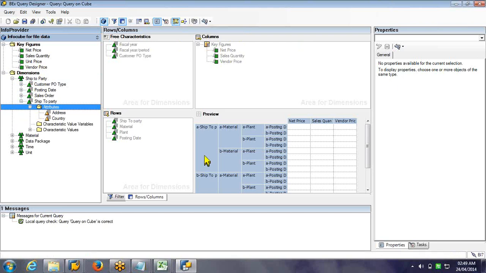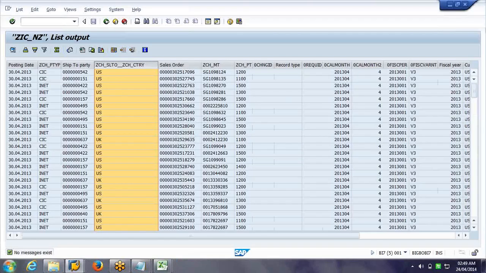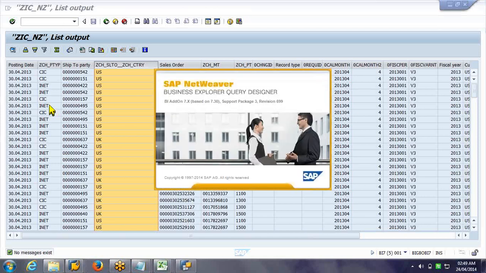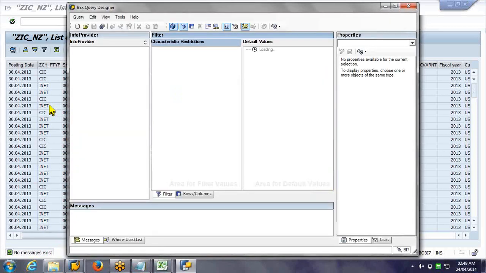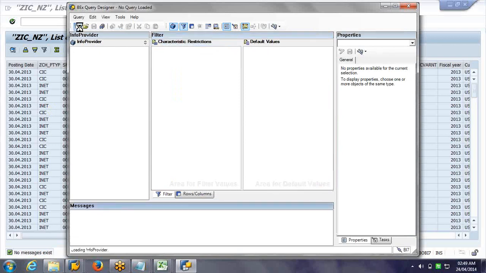So just disconnect and connect, because a backend change would not reflect in the query designer. Create new query.